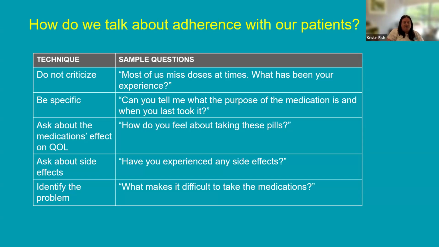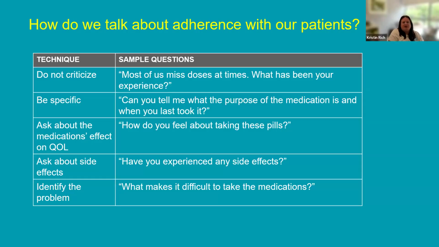We also want you to be specific with them. We don't want to make generalizations about, say they're on a few different medications. We don't want to assume that the adherence problem is with all of them, for example. We really want to hone in on what treatment they're struggling with, and also letting them speak specifically to how often, because they may say they're having some trouble. For one family, this could mean missing all but one of the doses. And for other families, this could mean they only took one out of a week's worth of doses. So really honing in on questions to getting as much detail as possible will help you.